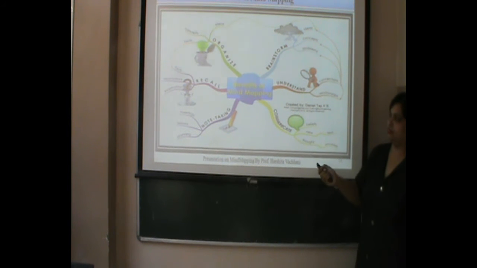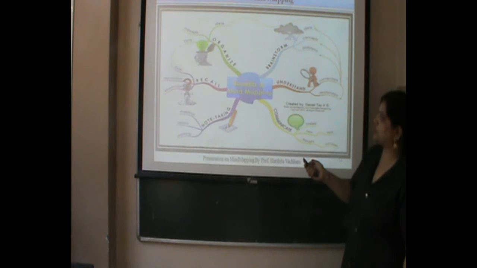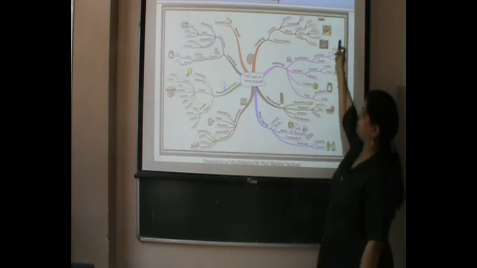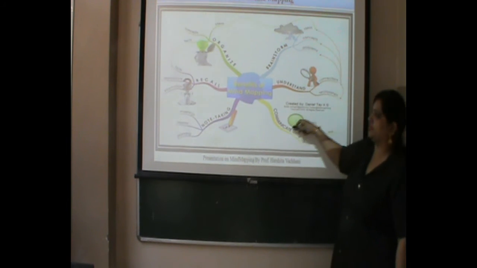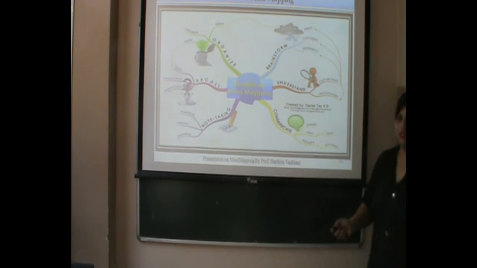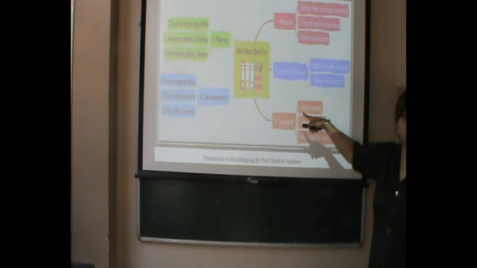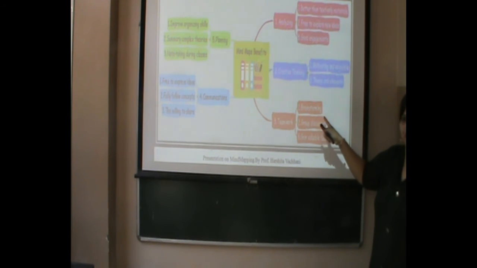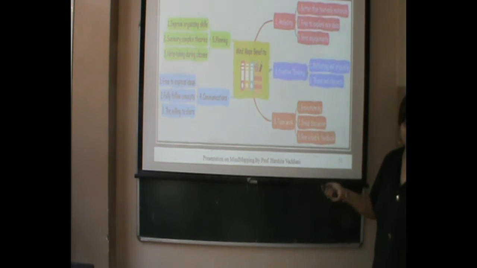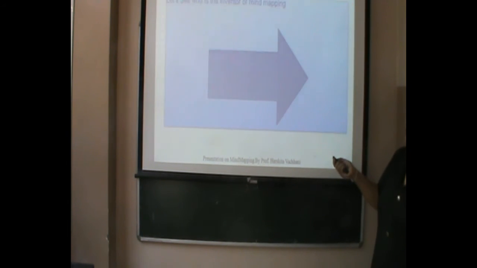Again, the same thing. We can represent it with 2 to 3 pictures. In the previous one, if you see, there are some pictures and branches, sub-branches and all. And in this, if you could see, more images have been put to represent the branches and sub-branches. And this is again a kind of mind map which is drawn for software. So in this way also you can draw. There are software and apps available which you can easily ask the students to download, and you can ask the students to do assignments for the same.